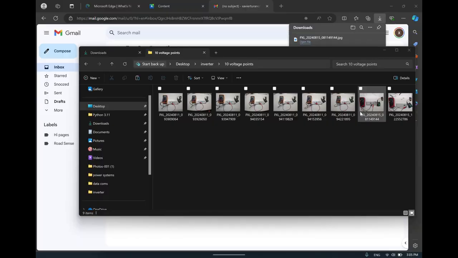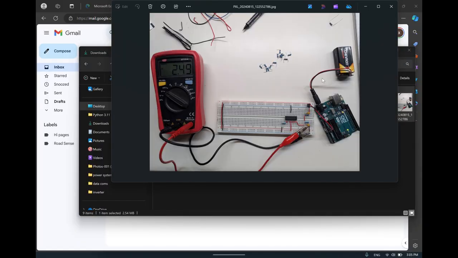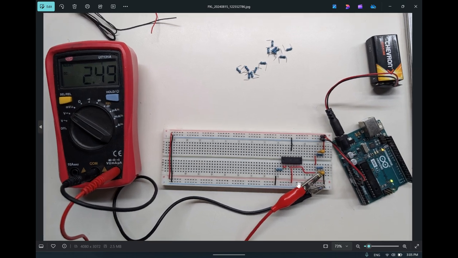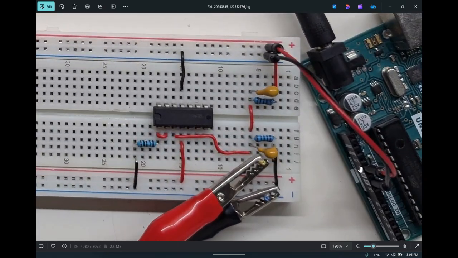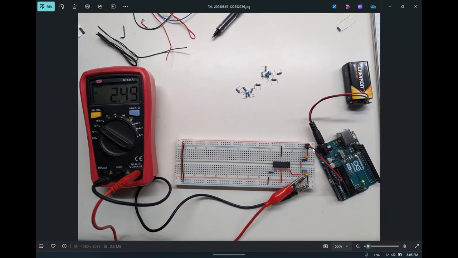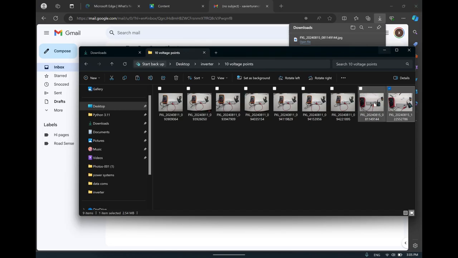Now we're just going to run over our physical results. So on the physical circuit, as you can see here, this is our voltage divider coming in through here, then going into the op amp right here through the 5 volt power supply right there. And then just measuring it with some alligator clips, we've got 2.49, which is very, very close to the expected value. Coming out of that, we have our